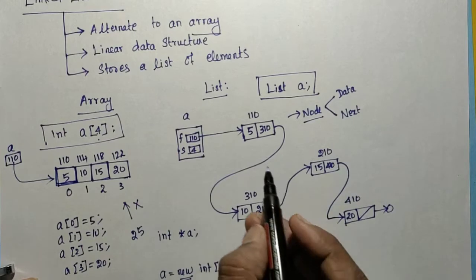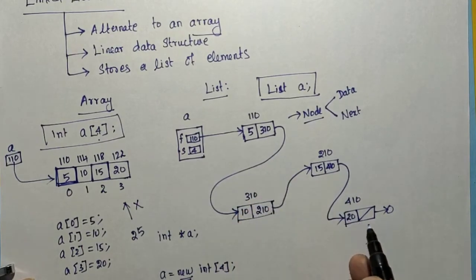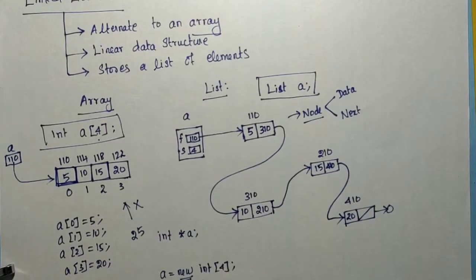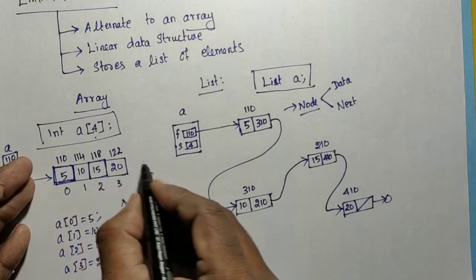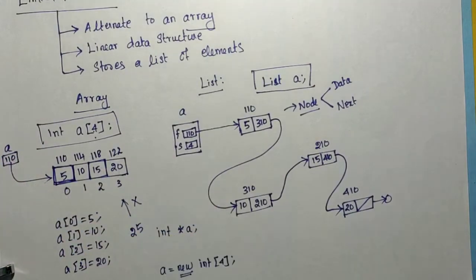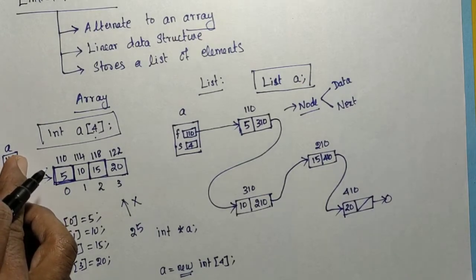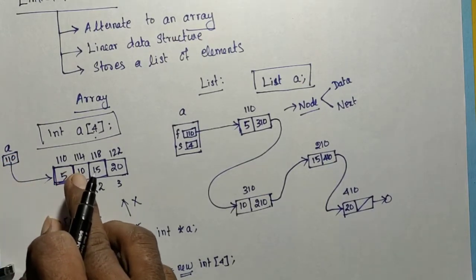Okay, but in the list, every element's memory is going to be created dynamically at the time of inserting an element, so that element's memory alone can be released. Similarly, even if you create the memory dynamically here, if you want to increase the size, I need to again use the new operator, that is a equal to new int of 10, like that. By that time, the existing memory locations will be deleted. Okay, it will be freed. Instead, another new set of 10 memory locations will be created. That address will be assigned to that a. It means we will lose that original data 5, 15 and 20 and 30.